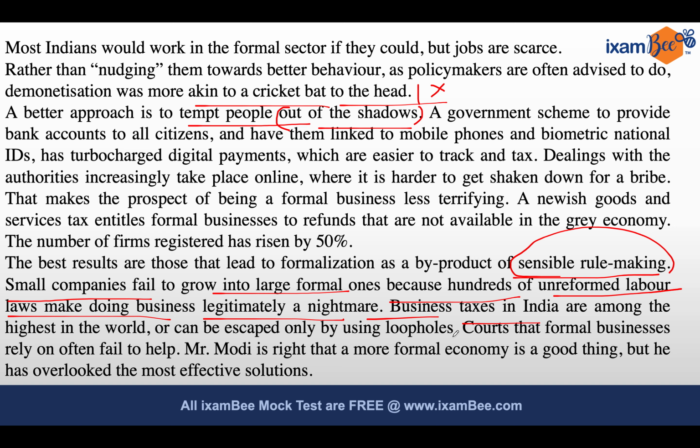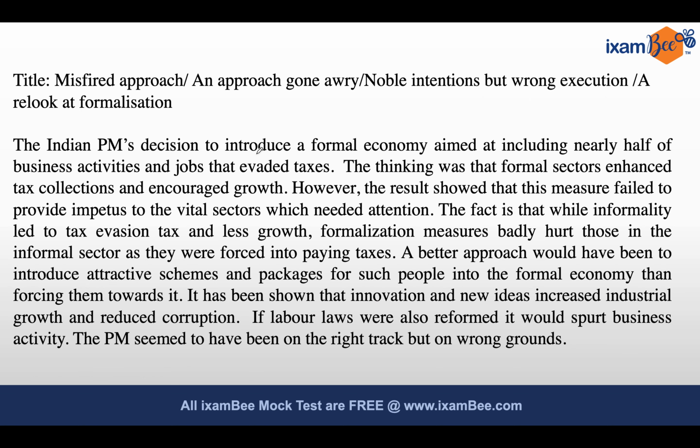So, keeping this in mind, once we read the passage and we have been able to separate the grain from the chaff, or in other words, separate whatever is excess and redundant, whatever needs to be eliminated, and whatever needs to be kept, let's quickly take a look at the final draft, right? So now we'll first look at the title. If you read the passage and ask yourself, what is happening in the passage? We are talking about a policy that had all the good intentions at heart, but ultimately did not work out. Now, with this idea in mind, let us look at the title options that we have.